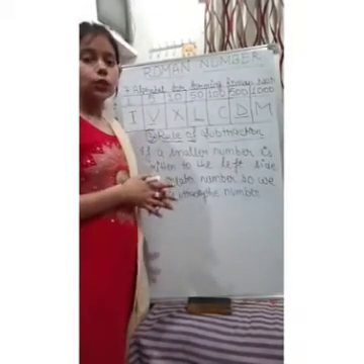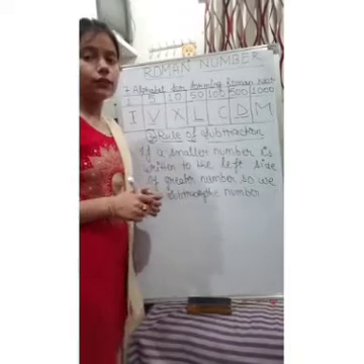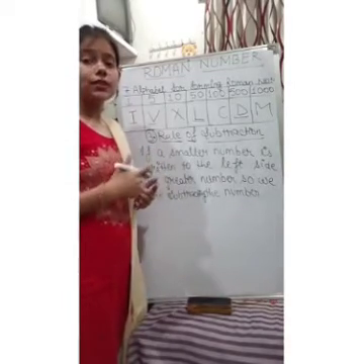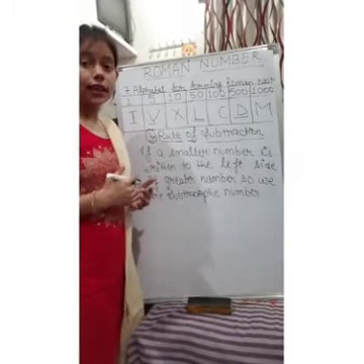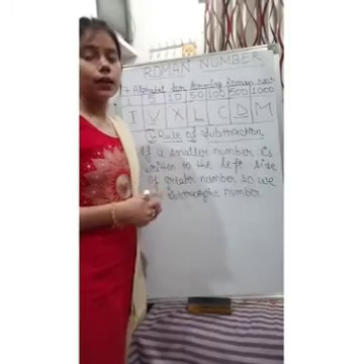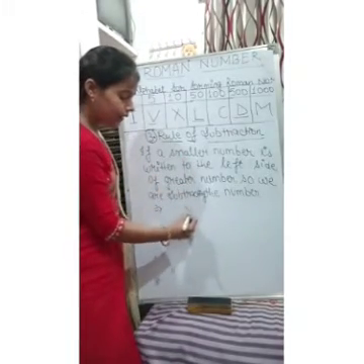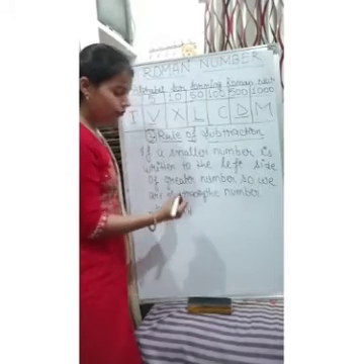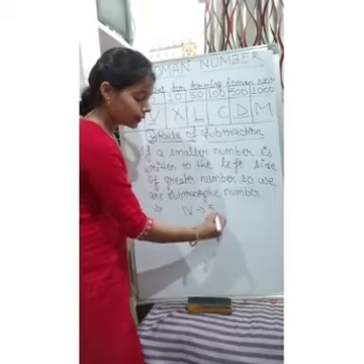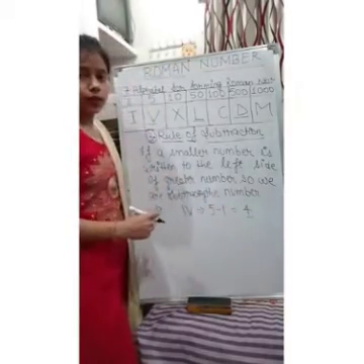Class, our third rule is the rule of subtraction. It is slightly different from the rule of addition. If a smaller number is written to the left side of the greater number, that means we are subtracting the number. Like class, let's take the example. If I am writing I on the left side of V, that means I am subtracting 1 from 5 and our answer is 4.